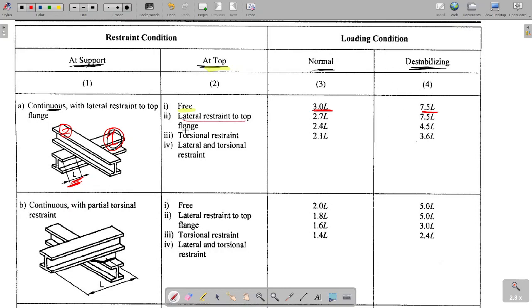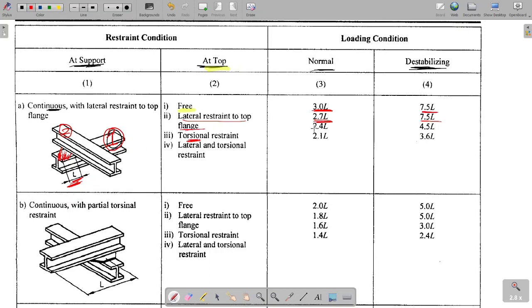Then lateral restraint to top flange, lateral restraint दे रहे हैं किसको, top flange को, just the top flange, this is the top flange, right? तो इसको हम lateral restraint दे रहे हैं. तो इस केस में क्या होगा, टॉप फ्लैंज फ्री नहीं होगा मूव करने के लिए लैटरली. तो इस केस में नॉर्मल लोडिंग कंडीशन में 2.7L and this is 7.5L. So again these both are same, just under normal loading condition the effective length is changing, 3L and then 2.7L, right? And then torsional restraint अगर टॉप पे दे रहे हैं, टॉप पे torsional restraint भी दे दिया, ठीक है,